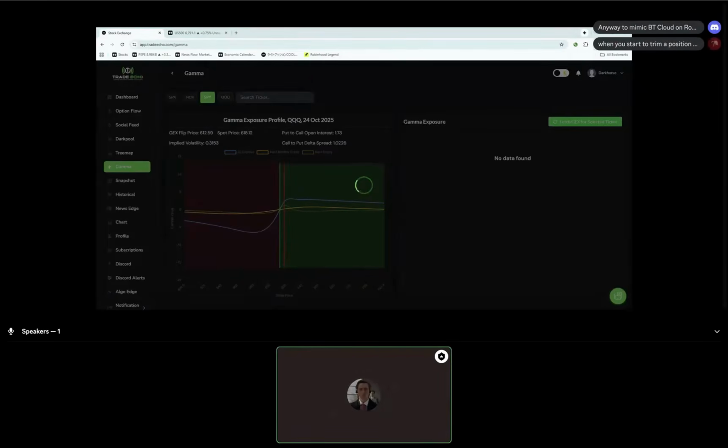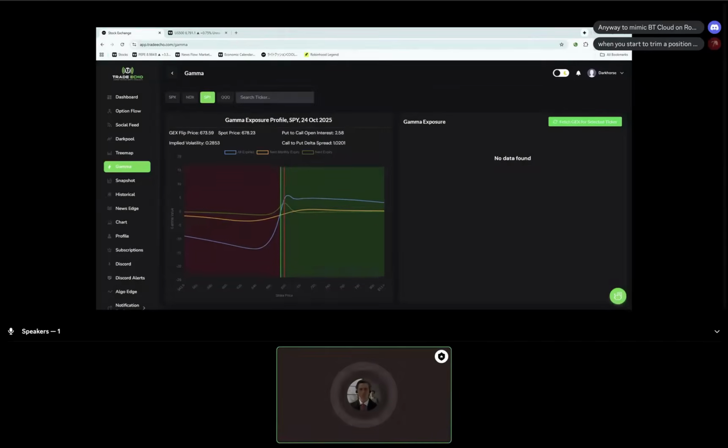Any way to mimic BT Cloud and Robin Legend? I would just say VWAP and stuff. Probably a break of VWAP and holding VWAP. That's probably your best thing